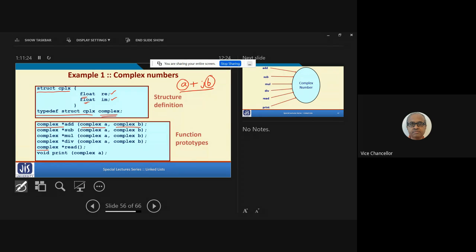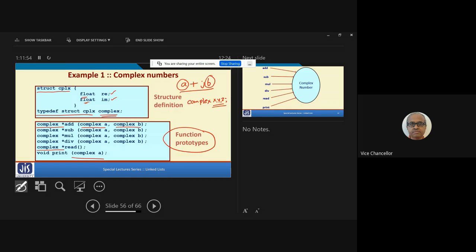Similarly, I can read a complex number, I can print a complex number. Only the function prototypes are given to you. Once the function prototypes are given, you can directly declare three variables x, y, z of type complex.